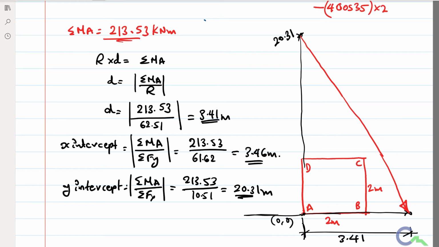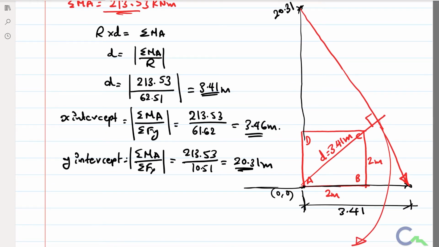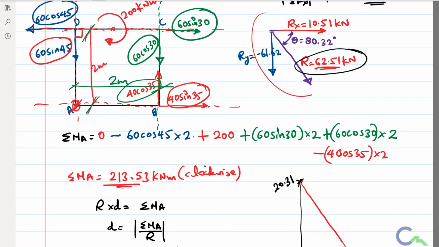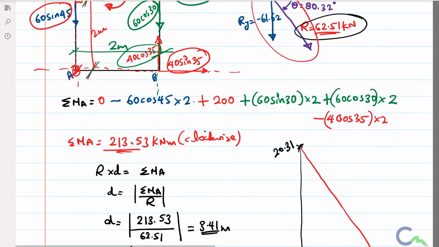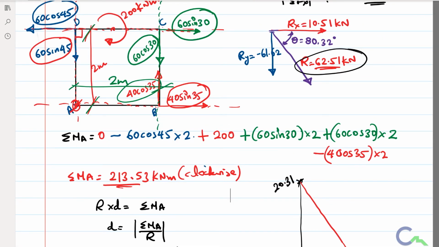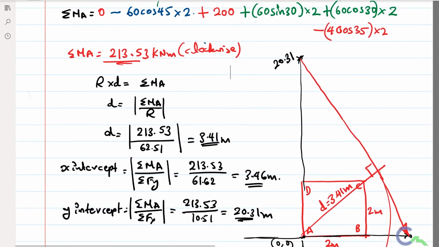So if I join these two points, and take this as the lever arm here, that is D equal to 3.41 meter. If I apply it about A, it is going to rotate about point A in the clockwise direction. So even here we want plus, meaning clockwise. It also satisfies the coordinates. So whatever we have done is proper. We have to do trial and error and check each condition. So this is going to satisfy. Therefore our assumption is correct.